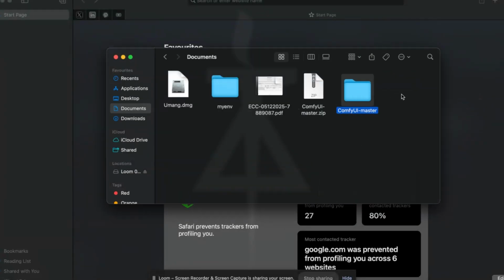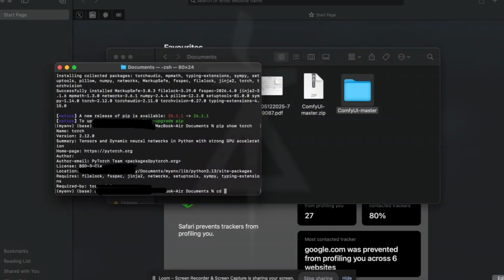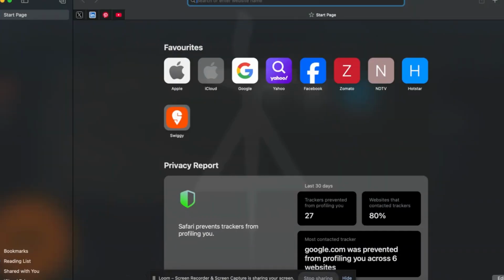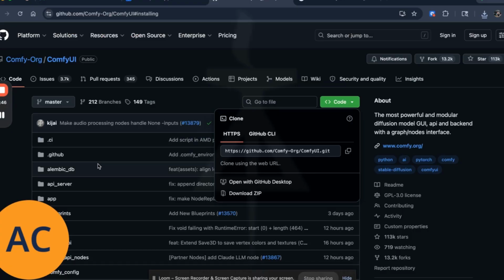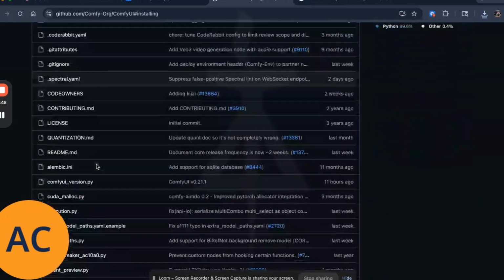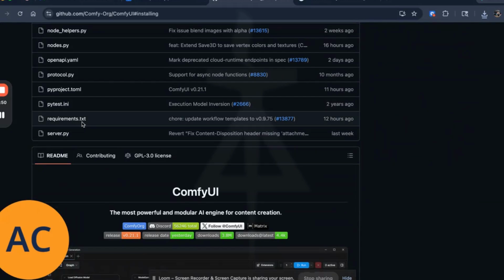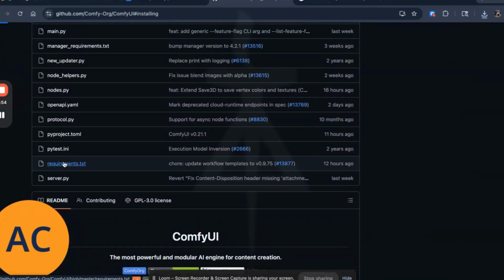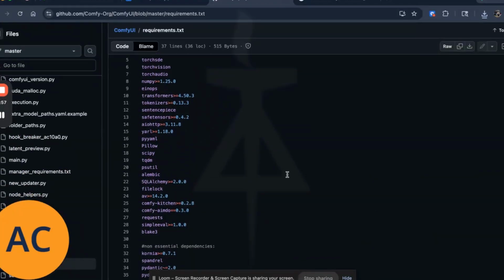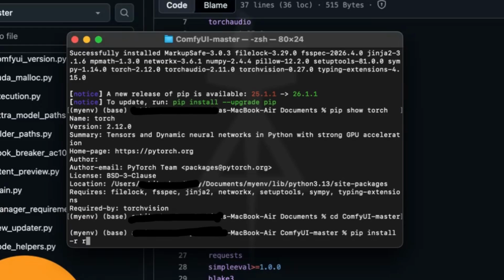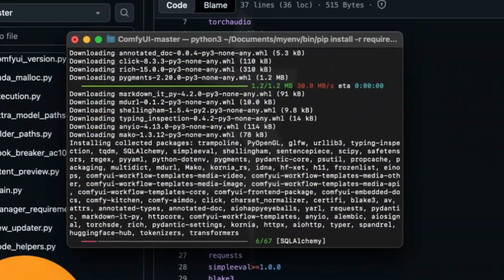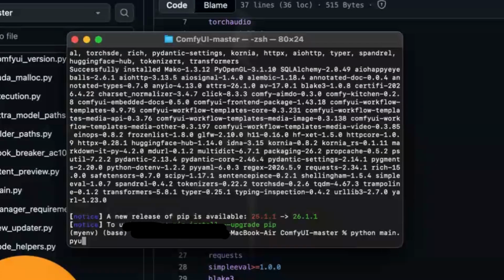Go back to the terminal and then navigate to the same folder. In the directory, you can see we have a requirements file that has all the system requirements that it needs to run ComfyUI smoothly. So we'll go to the terminal and run pip install -r requirements.txt to install all the dependencies. Once it's all installed, we'll launch the server by running the command python main.py,